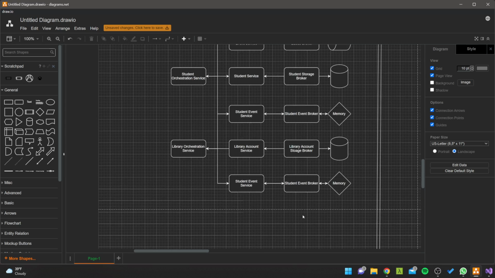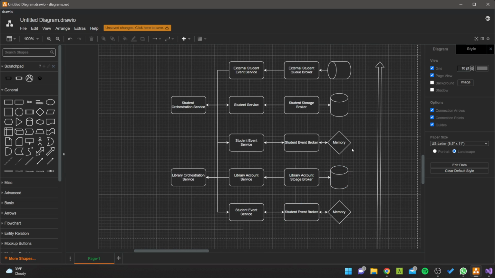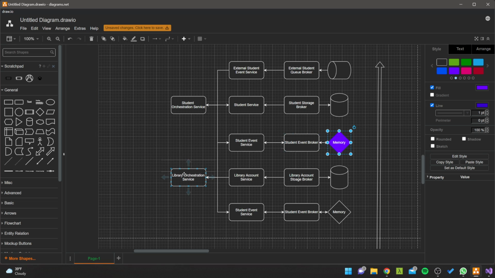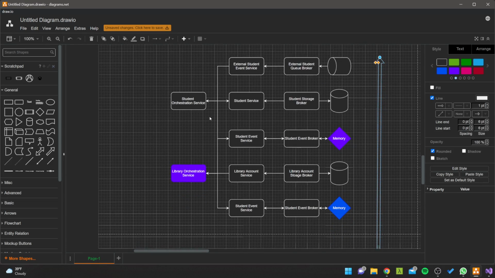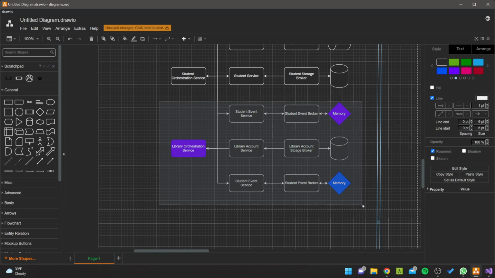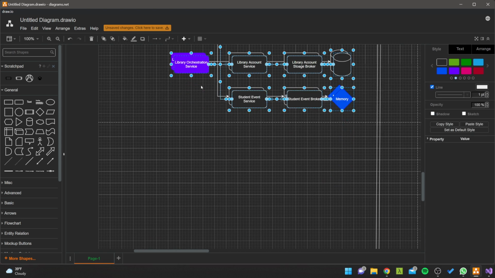This here is called chaining events. Like this guy hands over here, this guy picks it up, right? And then this guy hands over a completely different event in here, and then another one picks it up, right? Let me find a way to make this work so you can see it like this.